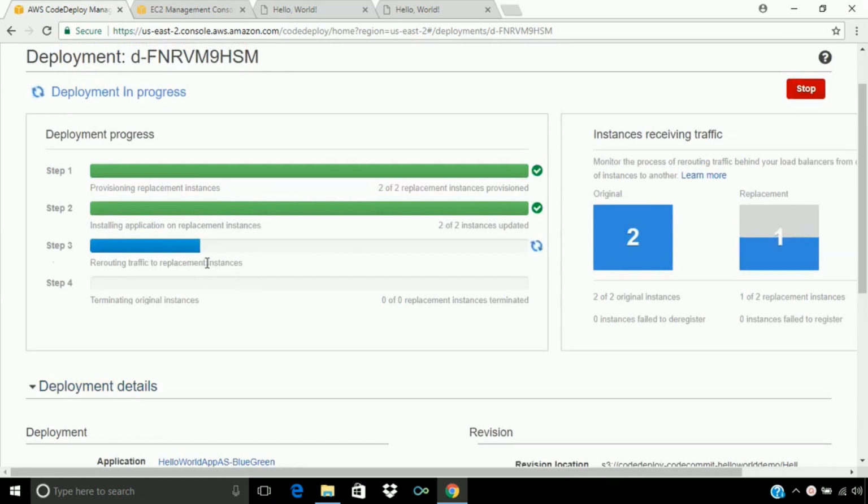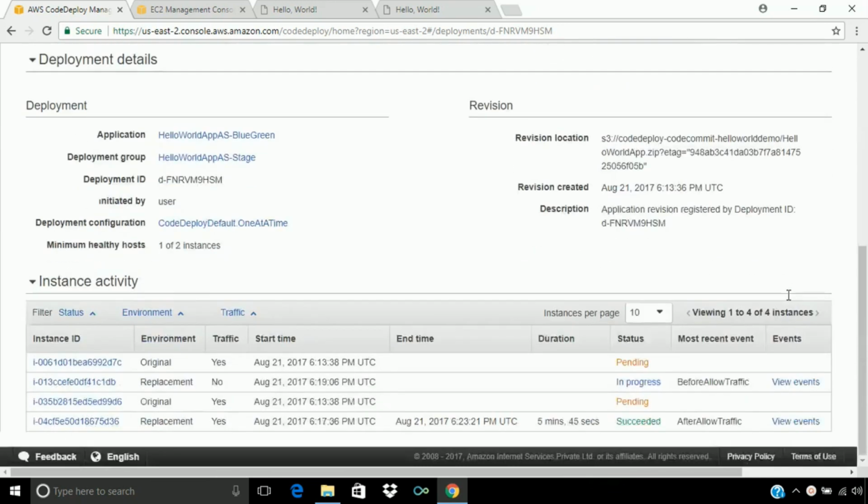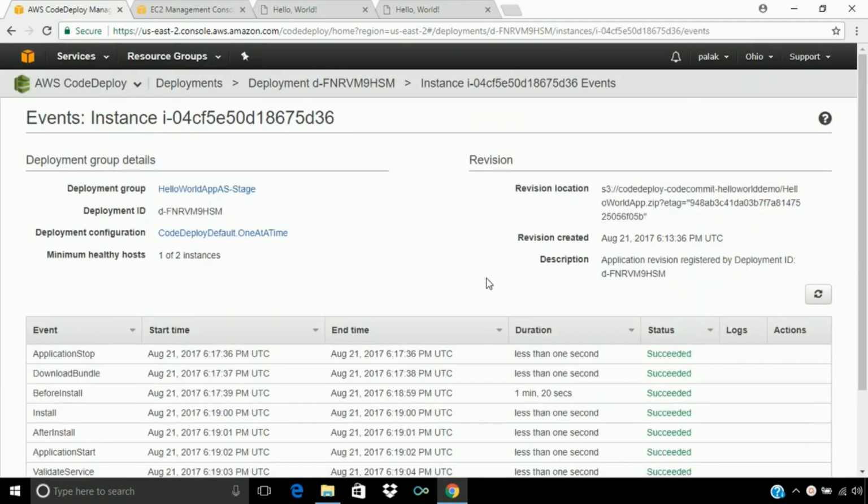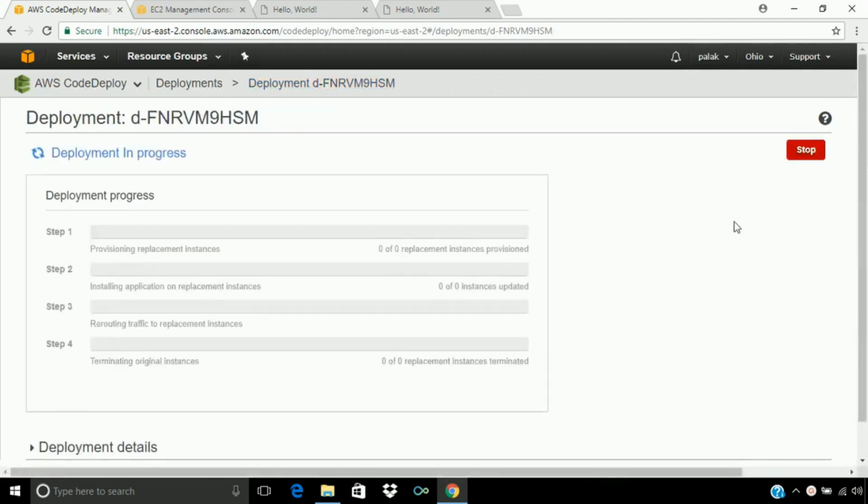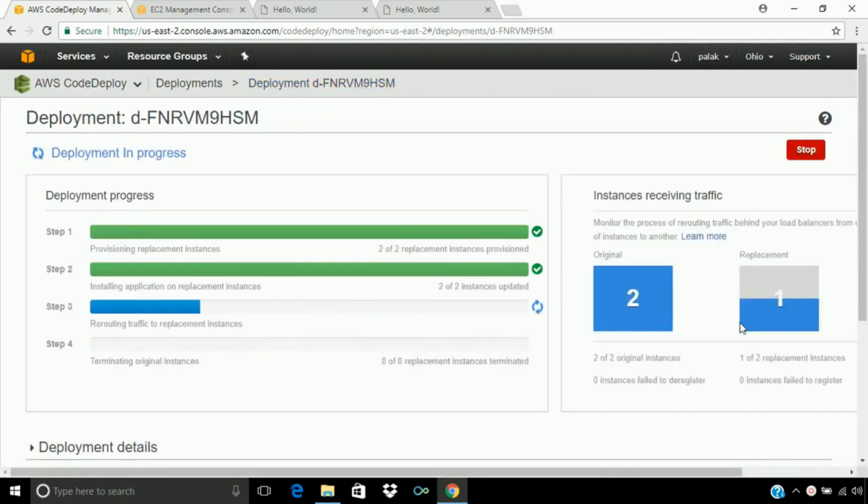Now as we can see, it has started rerouting traffic to the replacement instance. So here we can see one of 2 replacement instances is now up. All the activities have been successfully completed, so that's why we can see the status here, one of 2 replacement instances.